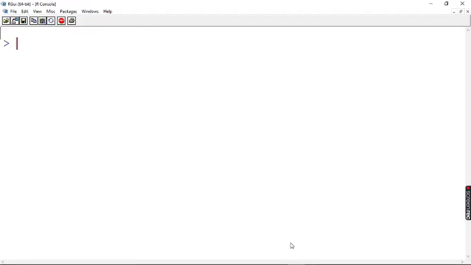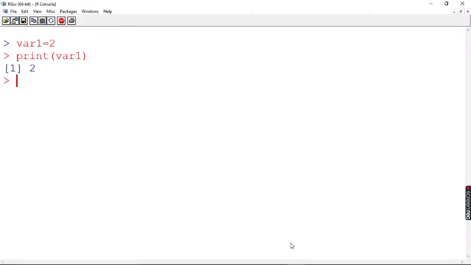Before we start with the rules and regulations for naming your variables, first let's start with assigning a variable with some value. Suppose I say variable 1, and I want to assign variable 1 with 2. One way for assigning it is the usual programming practice, which is the equal to operator. Now let's print it and check whether it has been assigned or not. Fine. So it is assigned.